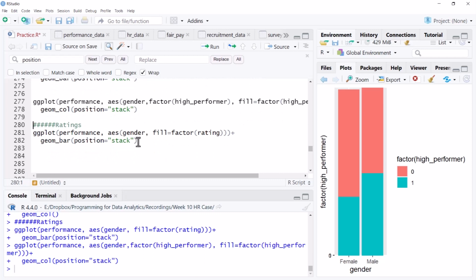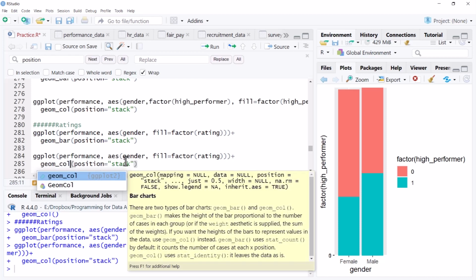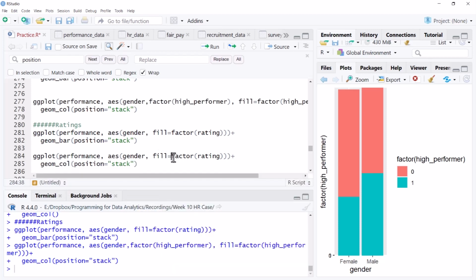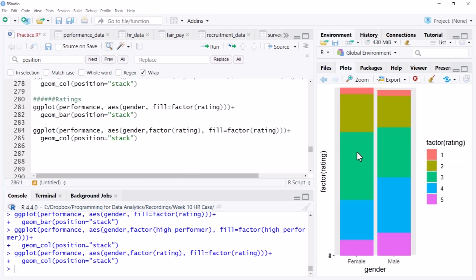The same thing I can do with the ratings bit also. So again, instead of bar, I can use the column object, but I need to provide the y-axis separately and show you the composition. If you look at this, you can see the composition clearly. The rating fives are higher in male, the rating fours are higher in male, while the lower ratings are higher